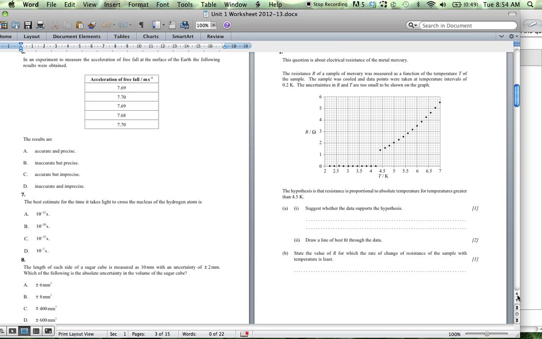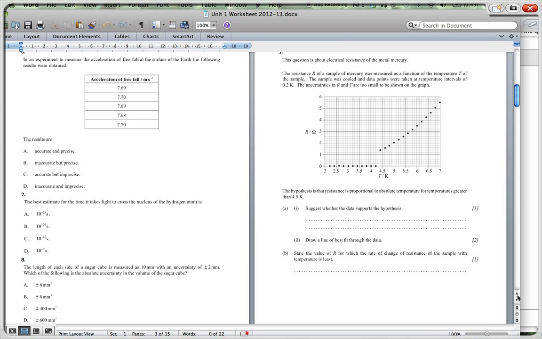Question 6. In an experiment to measure the acceleration of free fall at the surface of the Earth, the following results were obtained. The results are accurate and precise. Well, we know that the actual value is 9.81 around. So we can't really say that these are accurate, but we can say they're precise because they're very close to